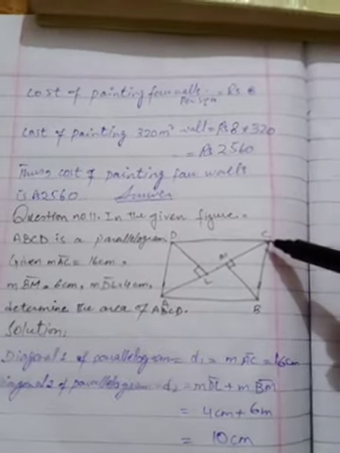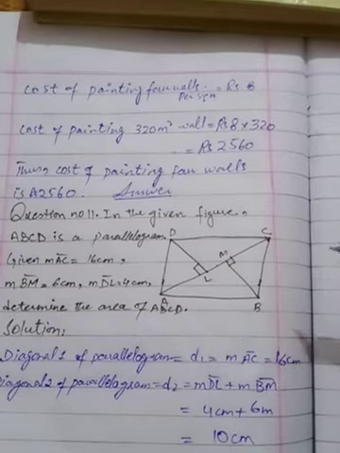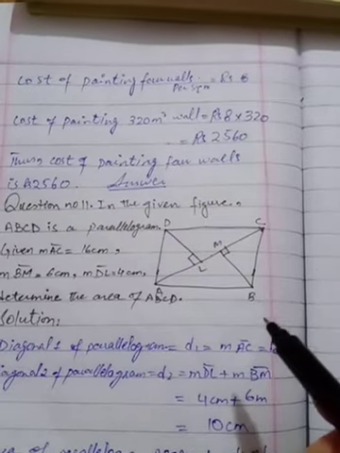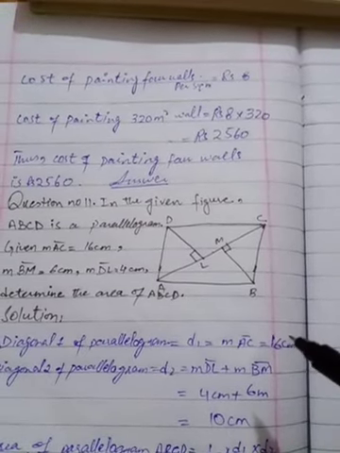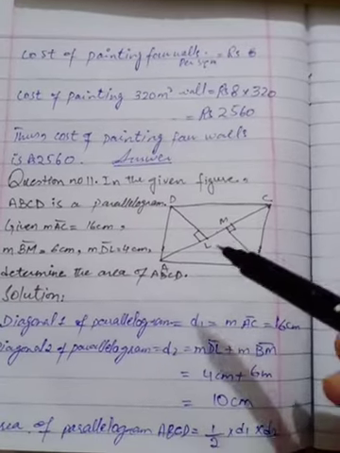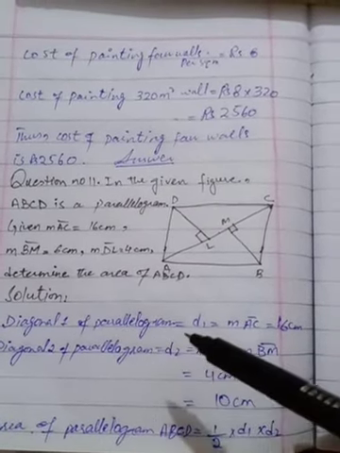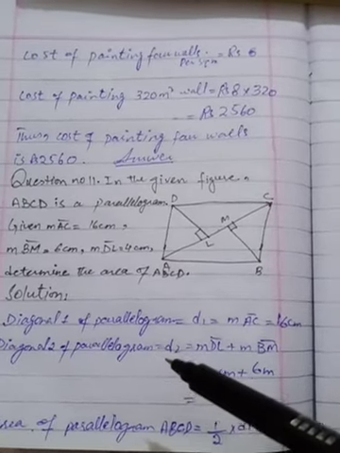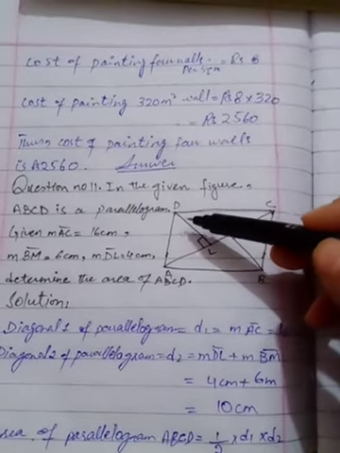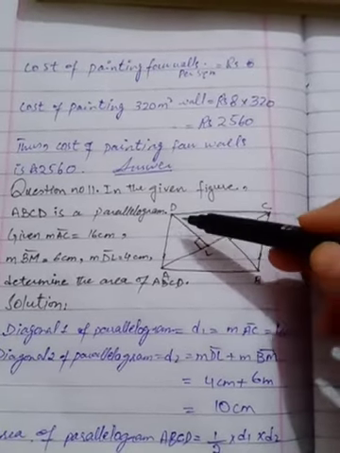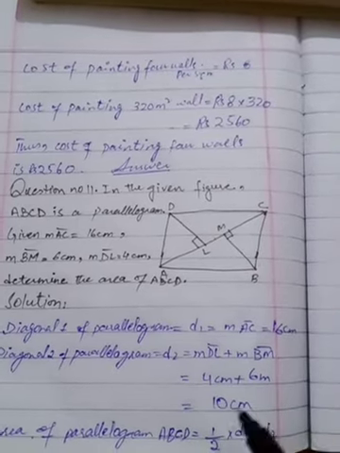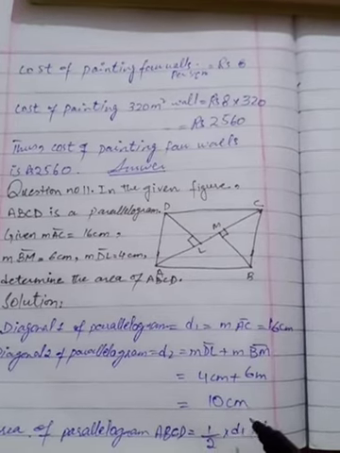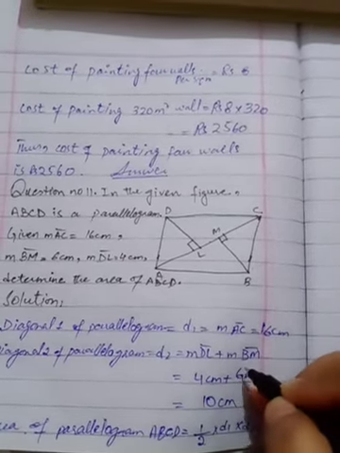As you know, this is the shape of a rhombus, and a rhombus is also a parallelogram. So by using the formula of rhombus, area of rhombus is 1 by 2 multiply D1 multiply D2. D is a diagonal. So diagonal 1 of the parallelogram is given, AC is equal to 16 centimeter. But first of all you have to find diagonal 2. Diagonal 2 is the addition of these two half diagonals, DL plus BM, 4 centimeter plus 6 centimeter is equal to 10 centimeter.